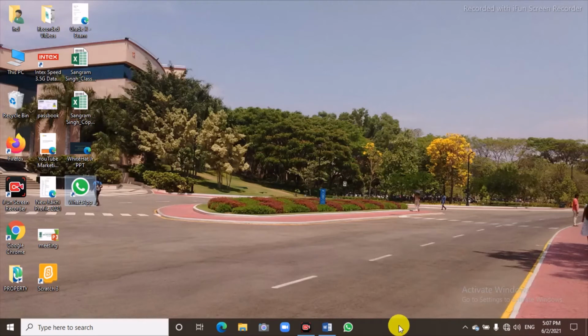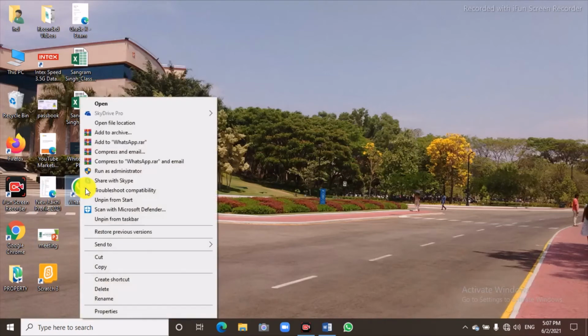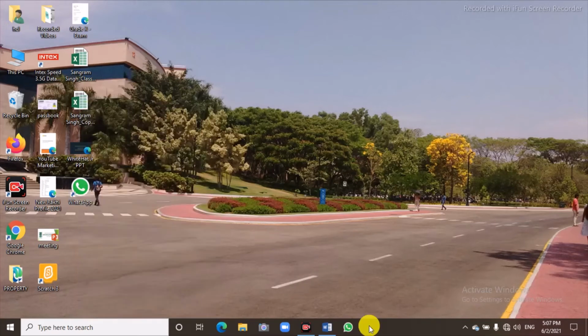It means I have added it to the start button also and to the taskbar also, right? If I don't want that particular icon, I can unpin it also, like just right click and unpin from taskbar, so it will be removed from the taskbar.